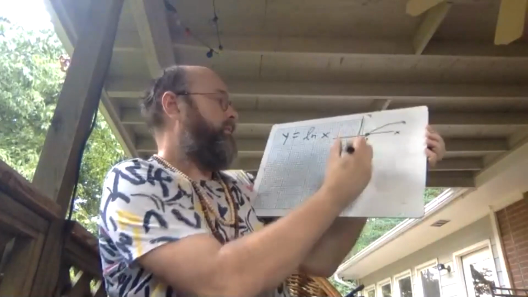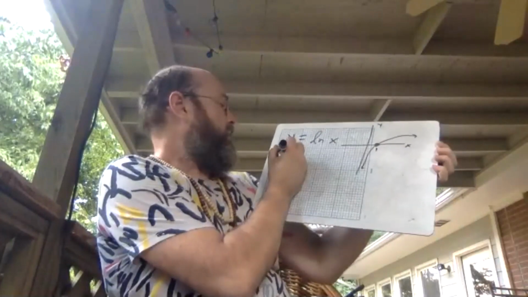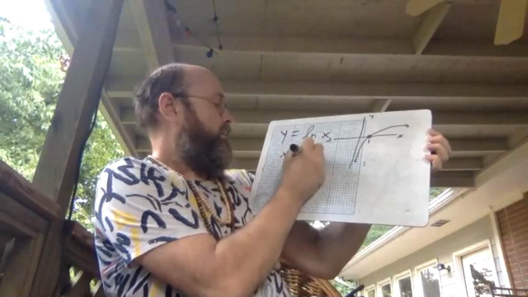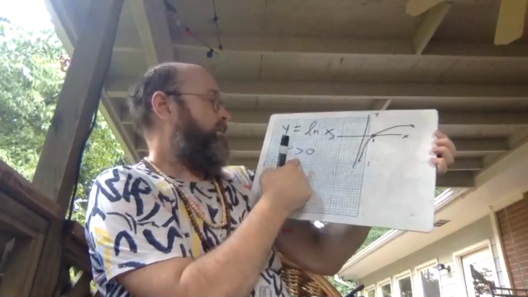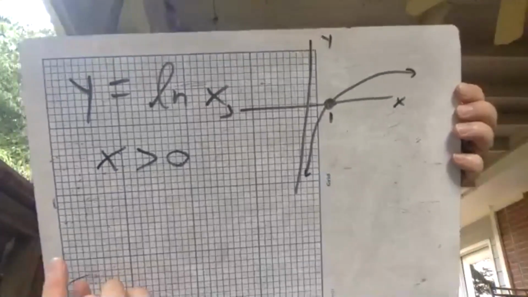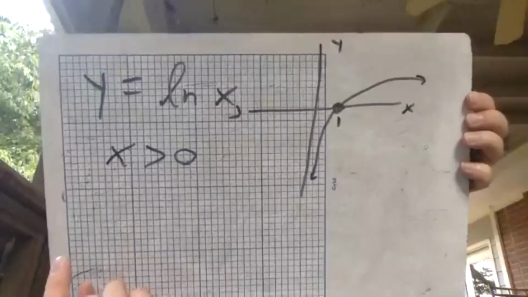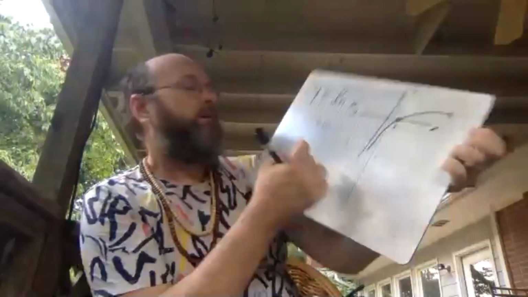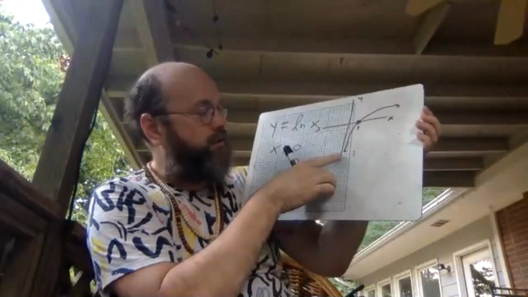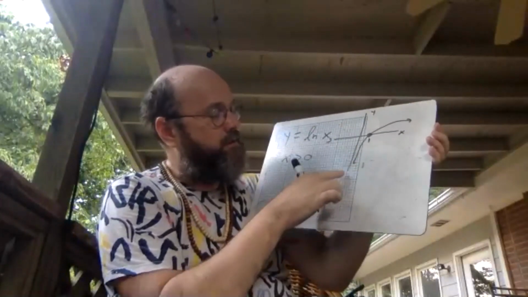But because the domain of the natural log doesn't even include 0, the natural log of 0 can't be, that's not defined. X has to be greater. So again, the restriction on X forces the function not to be able to ever get to that